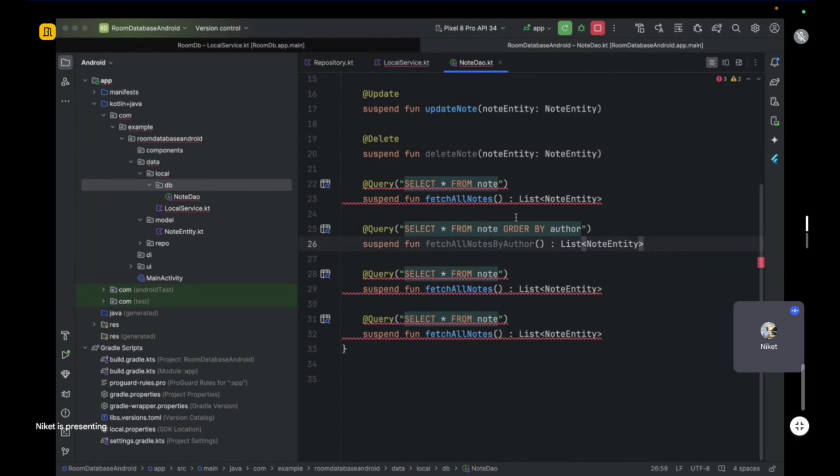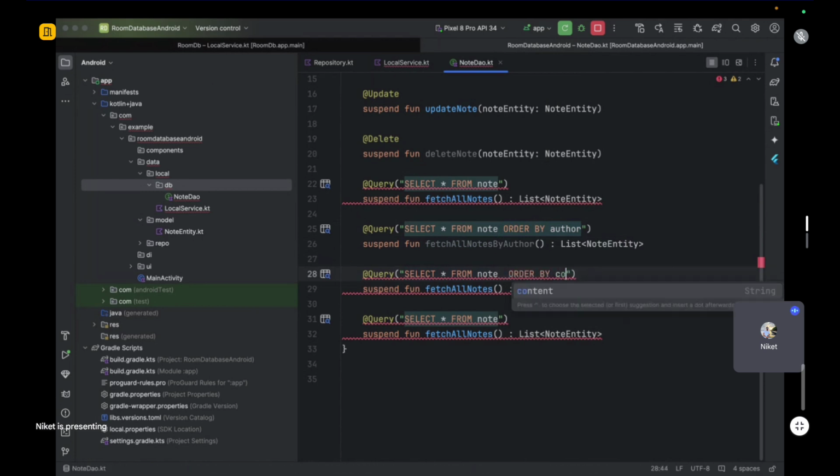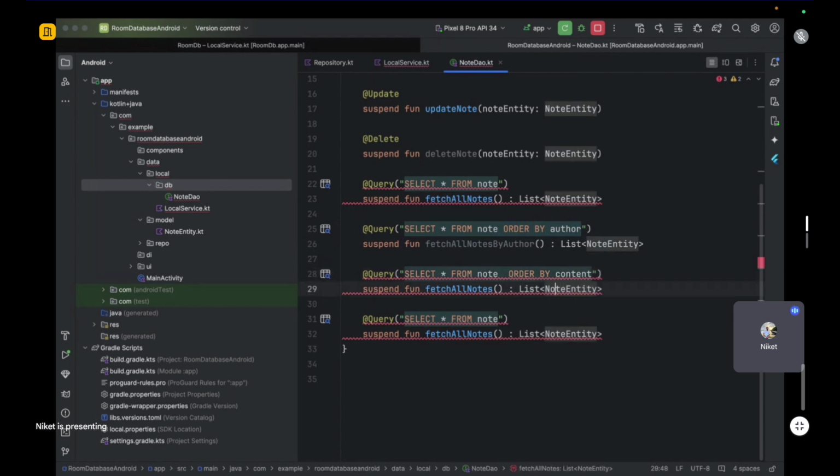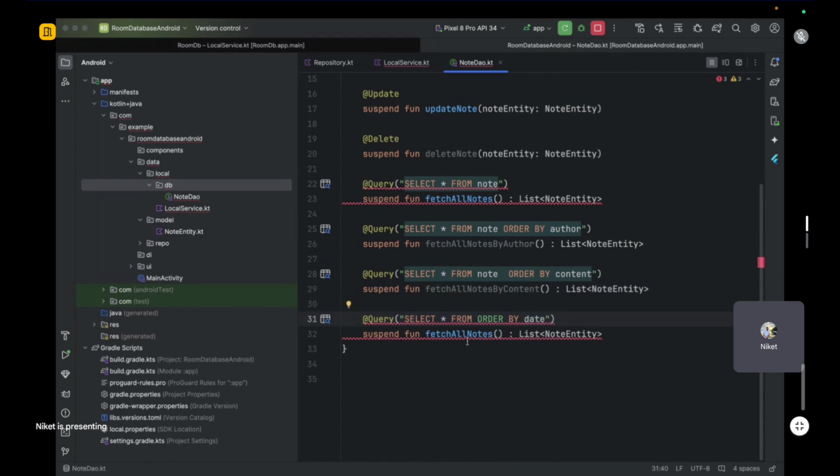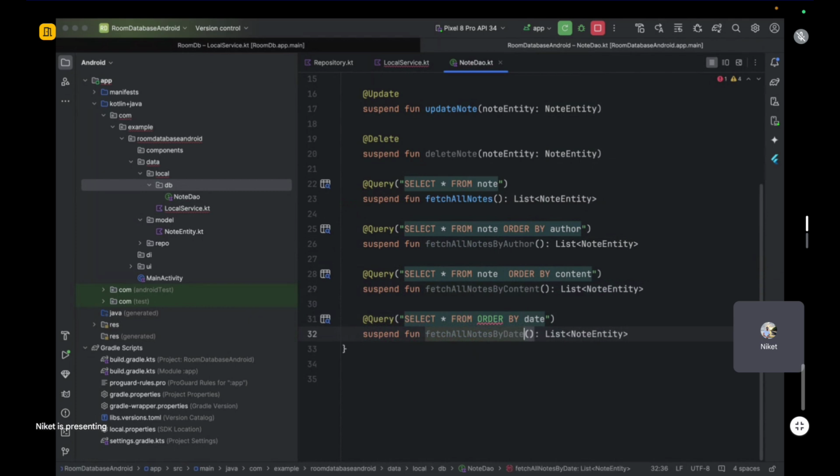Okay, similarly we're going to do it for other filter types. So instead of author I wanted to do, let's say, content. Okay, and the method name will change to by content. Okay, similarly we're going to do it for date. Okay, and it's going to be by date. Okay,